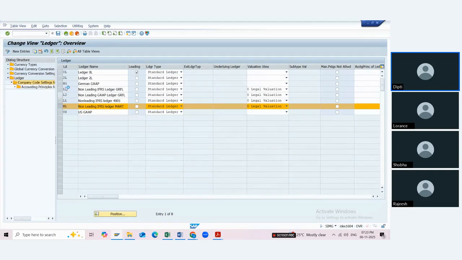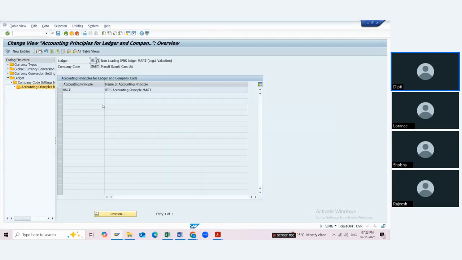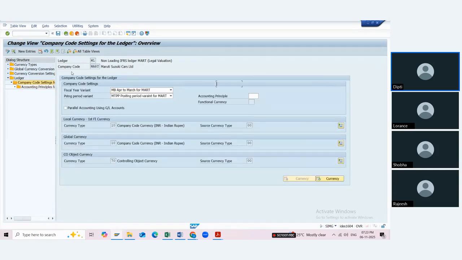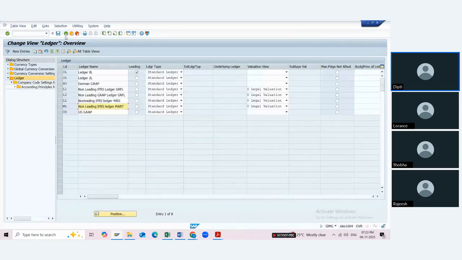So the accounting principle that I have assigned for that is MAIF. For MAIF, I need the non-leading ledger to be assigned with accounting principle MAIF with ML, and the leading ledger also needs to be assigned. So it gets determined. So to determine it for asset accounting, for ML I have MAIF, and for 0L I have MAIN. Okay. So I have checked it now.